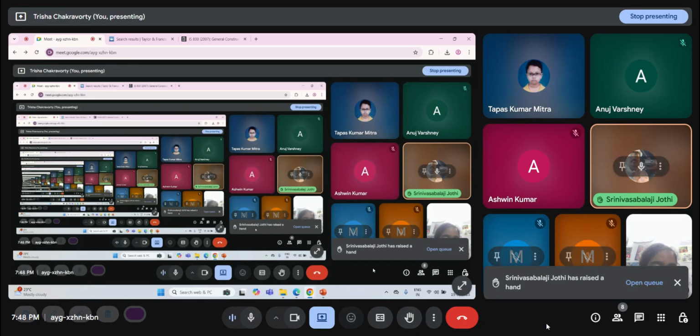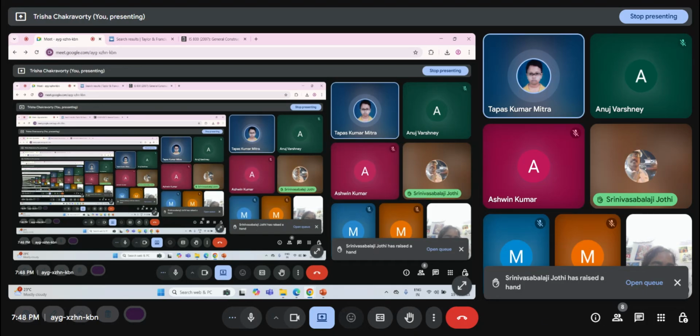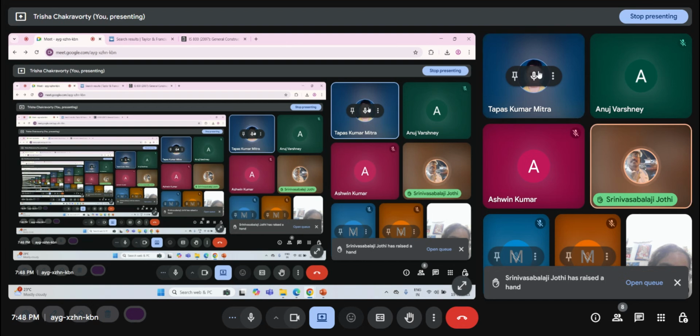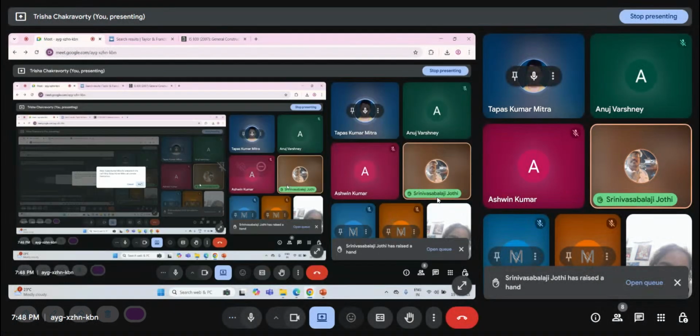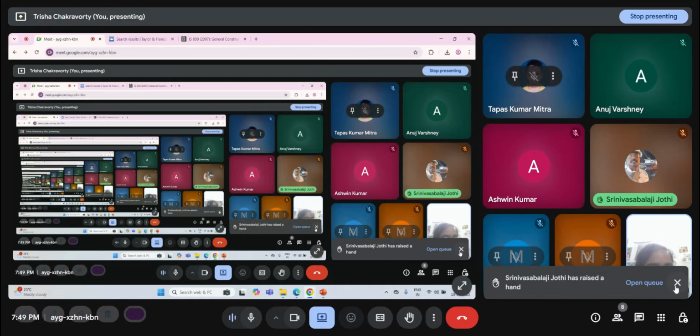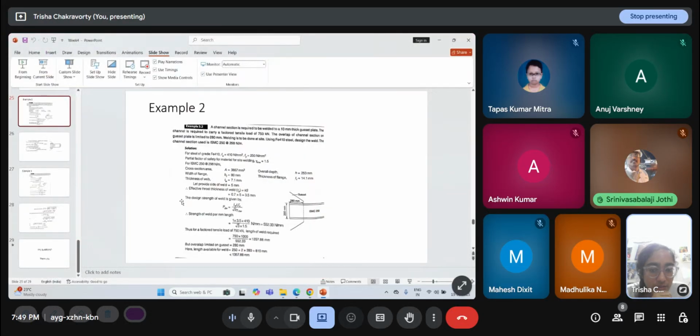Yes, Srinivas Balaji. One more thing means, design strength of weld. Yes, design strength of weld means stress into area. Basically, it is that. There are some other factors involved, but for shear, we have to calculate a root 3 in the denominator or the factor of safety. But the basic concept is stress into area.